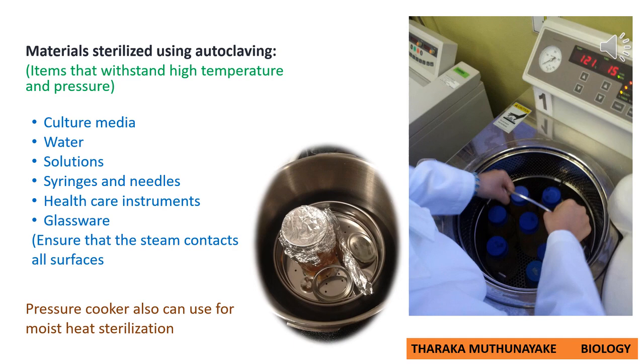Also you have to memorize some basic steps that you have to follow when preparing these culture media, water, solutions for autoclaving. Those steps are given in a practical handbook. So download the practical handbook and go through those. We will simply discuss. When preparing culture media, water or solutions for autoclaving, these basic steps should be followed. First, you have to sterilize all the glassware that is used for autoclaving. That means you can use test tubes, flasks, sometimes bottles to contain these culture media, water, solutions.